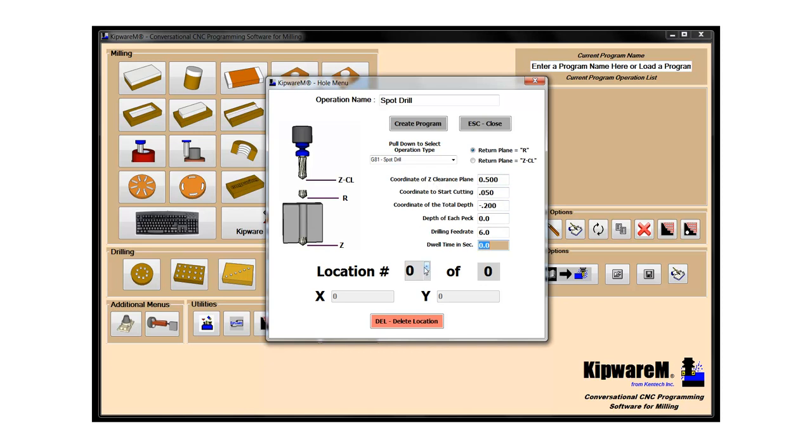So now what I can do is put in my locations, and you can see from our part print that the upper left corner of the part is from where all the dimensions come from, so I'm going to set that up as my part 0. And my first location, I'm going to use X of 3 inches and a Y of minus 1.1875. I'm going to use position number 2